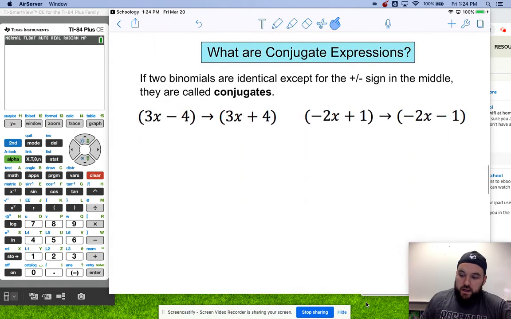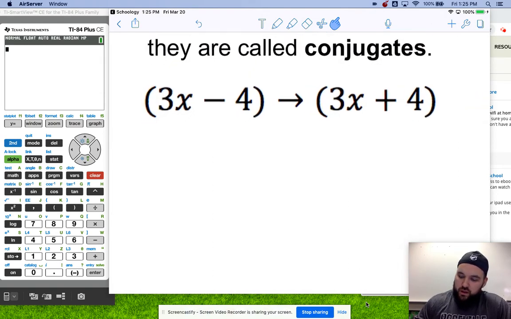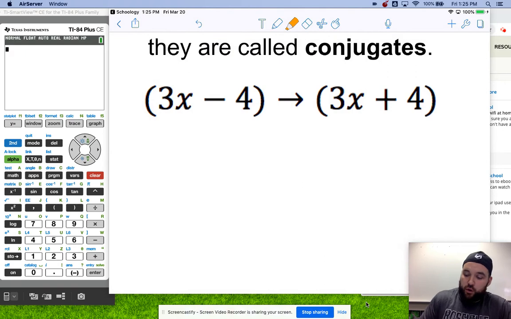All right. And then finally, and this isn't a vocab word you'll need a lot right now, but you'll hear it, and you may have heard it in a Spanish class, and that is a conjugate expression. In math, what it means to be a conjugate is that you have two binomials